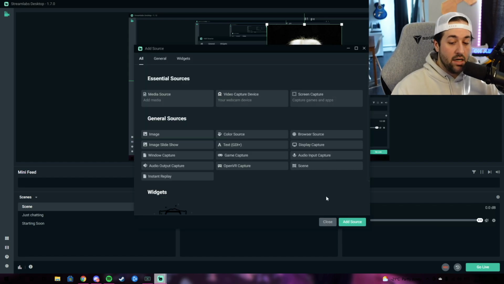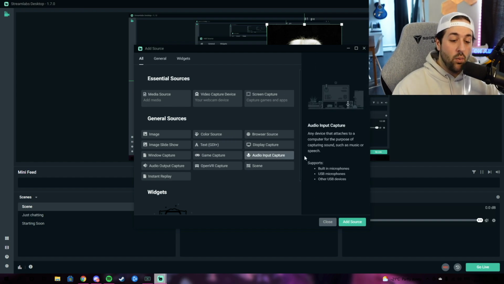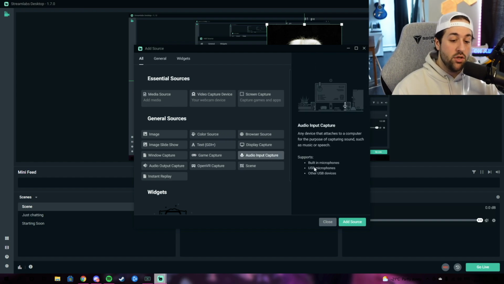So when you want to add an audio source, for example, say you want to add your microphone, right? It doesn't have microphone here in general sources. However, it does have audio input capture. When you hit this, built-in microphones, USB microphones, other USB devices. So for example, I have a GoXLR to use for my audio system, my audio setup. So I'm going to hit audio input capture for myself, and then I'm going to choose my GoXLR, which